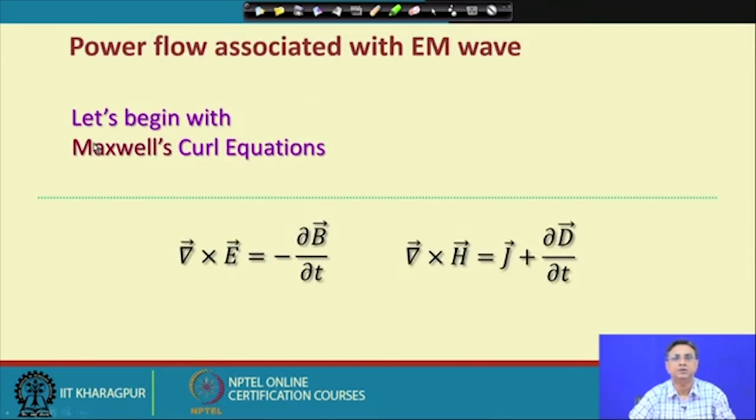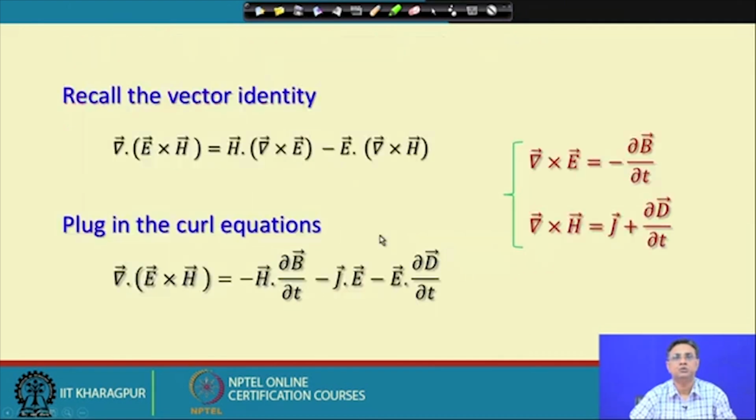So, let us begin with the Maxwell's curl equations. We have these two famous curl equations: del cross E equal to minus del B del t, and del cross H equal to J plus del D del t, where B is the magnetic field and D is the displacement field, J is the conduction current. So, starting with these two equations, we will organize the